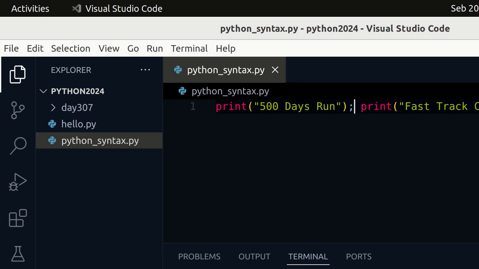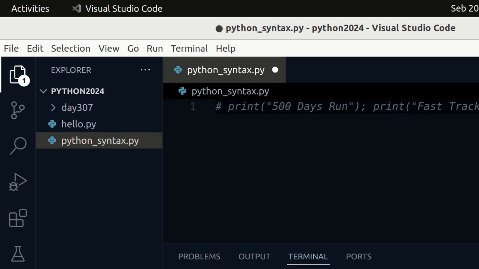Now let's create two variables to hold some values from our data set. This is the data I collected today. I'm going to capture these two paces for the first kilometer and for the second kilometer. So I'm going to comment this line of code. A comment in Python, you use hash to comment a line of code if you don't want the interpreter to read or execute that code.